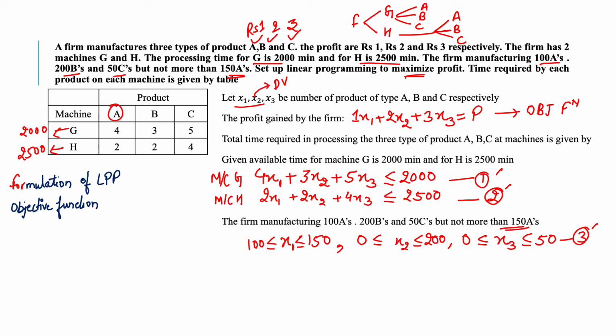My objective function is to maximize my profit, and my profit is given by this equation, which is 1x1 plus 2x2 plus 3x3. So this I have to maximize, subject to